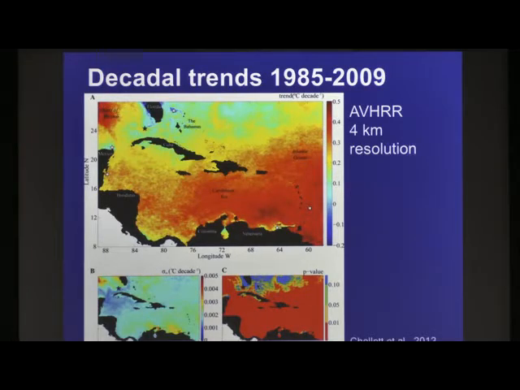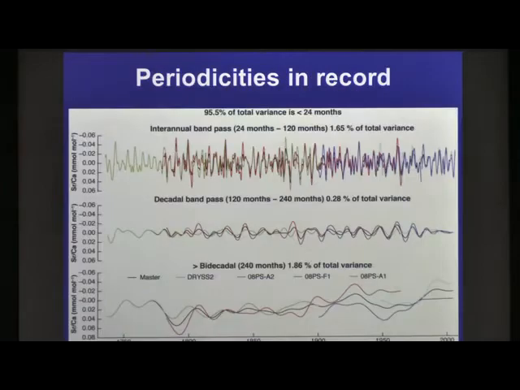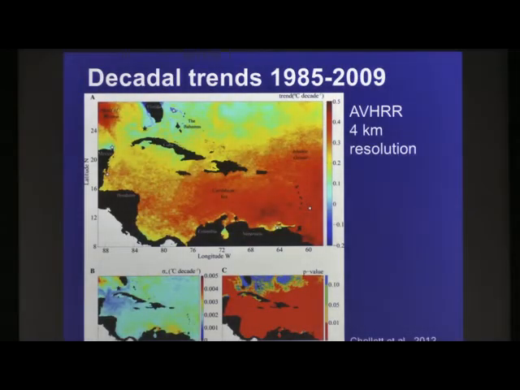If we compare the trend in this high resolution study to the trend we see in the coral records, they do agree. We see that same 1 degree trend over the 25 years. So the trends I'm seeing in the coral record and what's being shown in this high resolution study are showing about the same things. And then the coral record allows us to extend this back further in time.